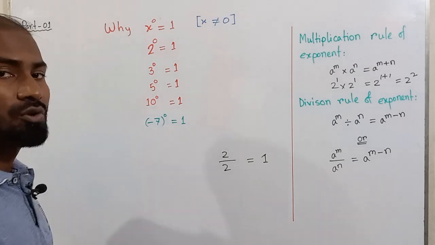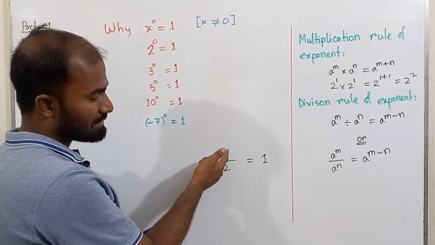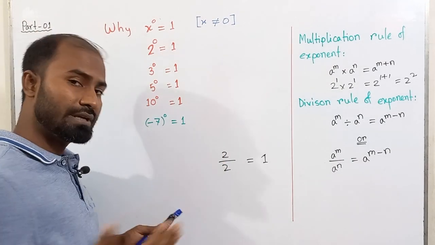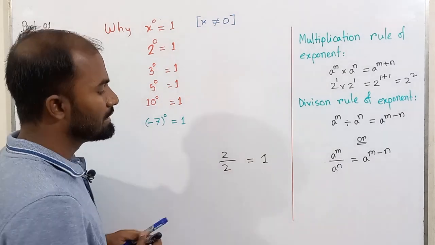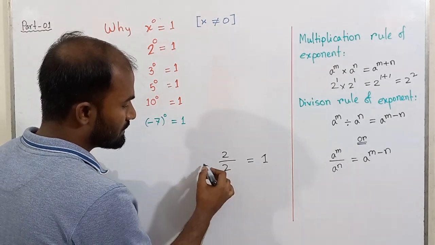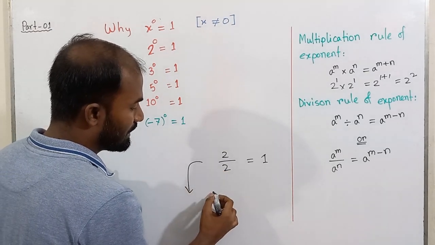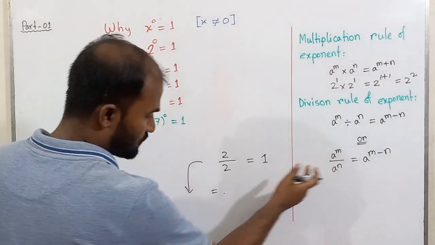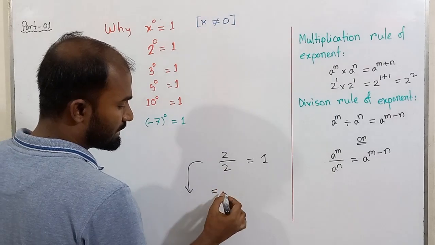We all know about it, because if we cut 2 and 2, if we make it in lowest terms, then we will get 1. So if we go further down, in the vertical way, if we follow these rules, we can get